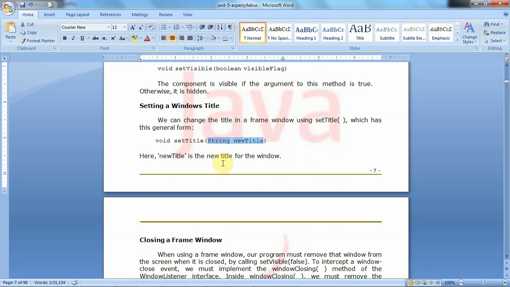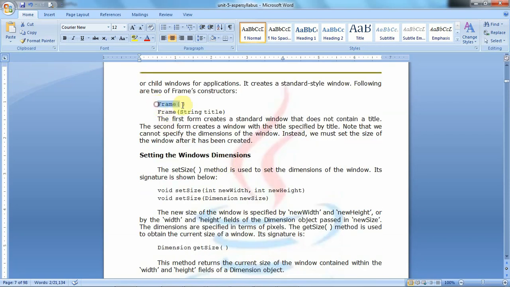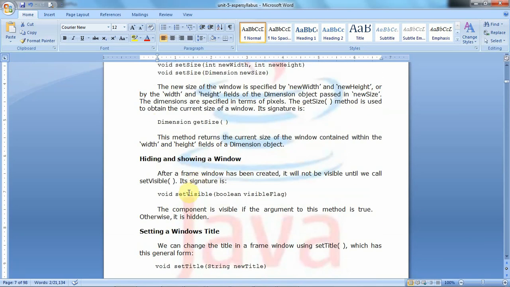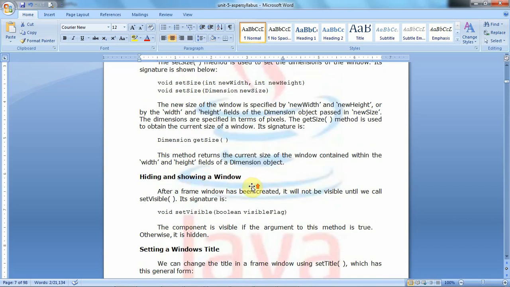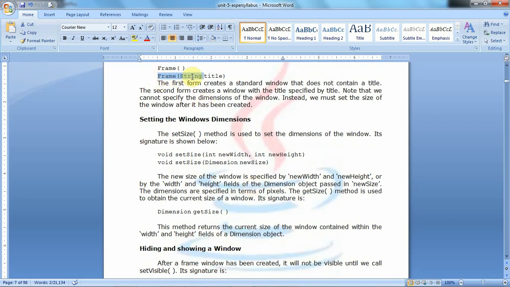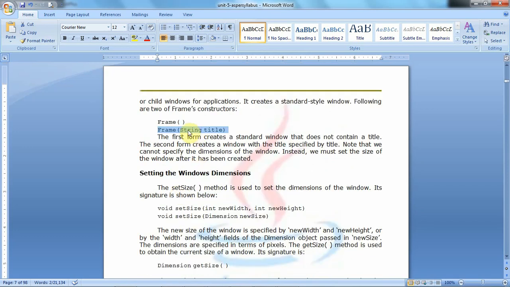So these are some important methods, and two constructors, without title and with title. Suppose we create a frame window by using the constructor without title, then if you want to set the title, we need to use the method called set title. Suppose we create the frame window by using the constructor with title, then there is no need to set the title; here itself we can give the title.